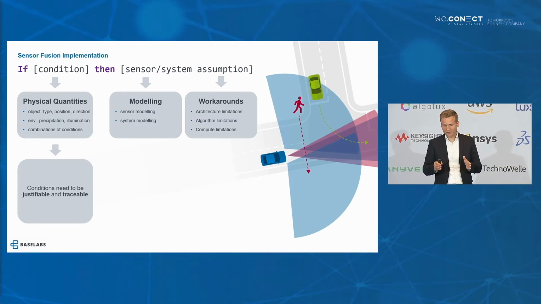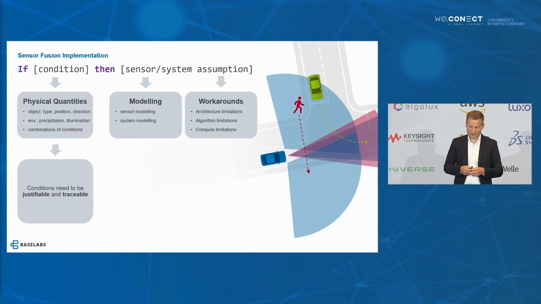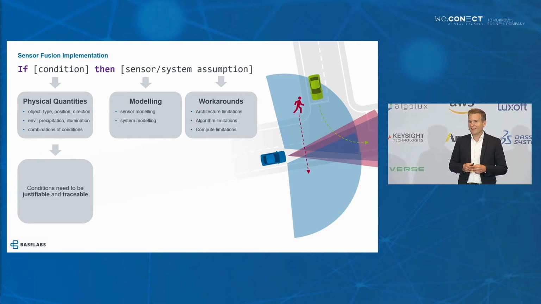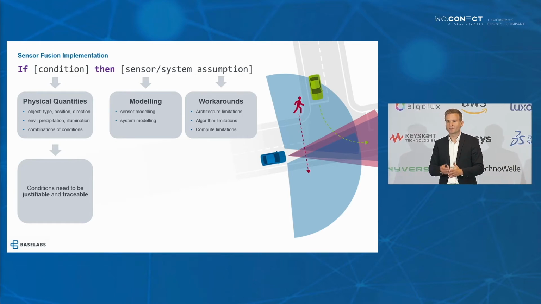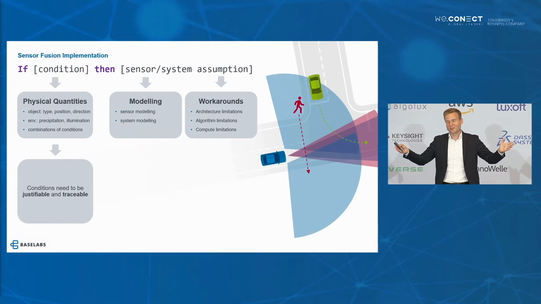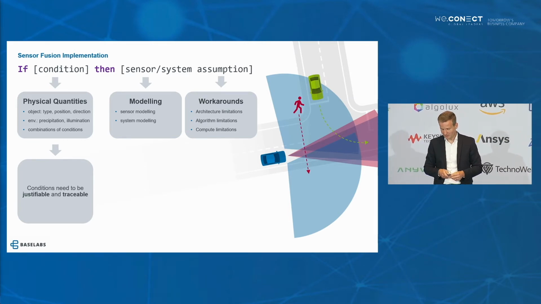And if you look at typical requirements for developing safe software, then you always find this traceability requirement. And for normal code, you typically have a requirement that you can trace against. There is a requirement, and then you can link this requirement to that piece of code, and the work is done. Then this is justified. However, as those conditions typically contain physical quantities and typically describe the real world, you typically do not find that many hard requirements in a specification document.